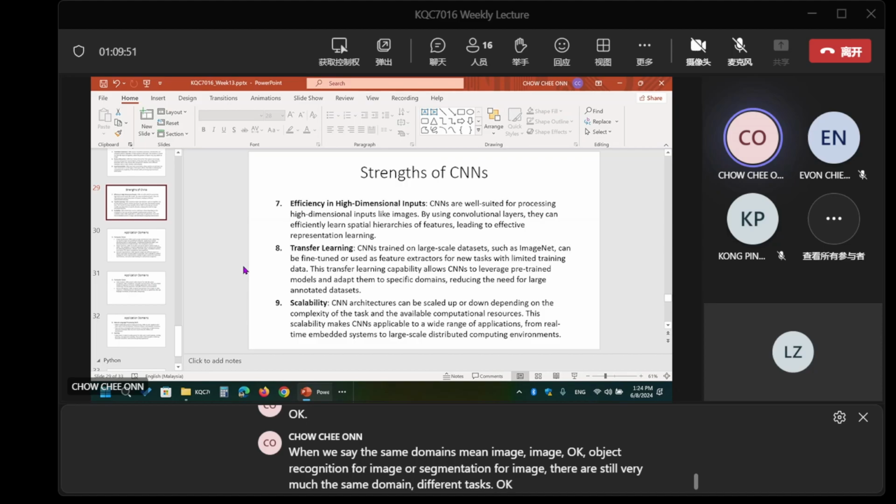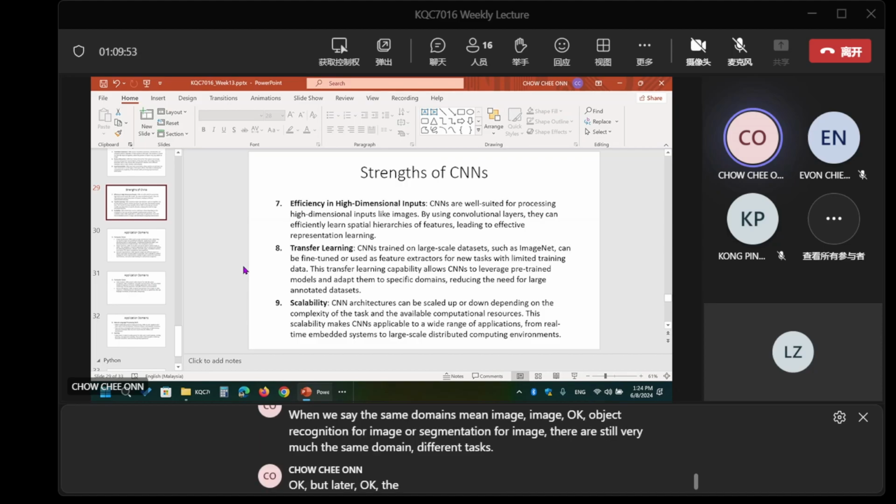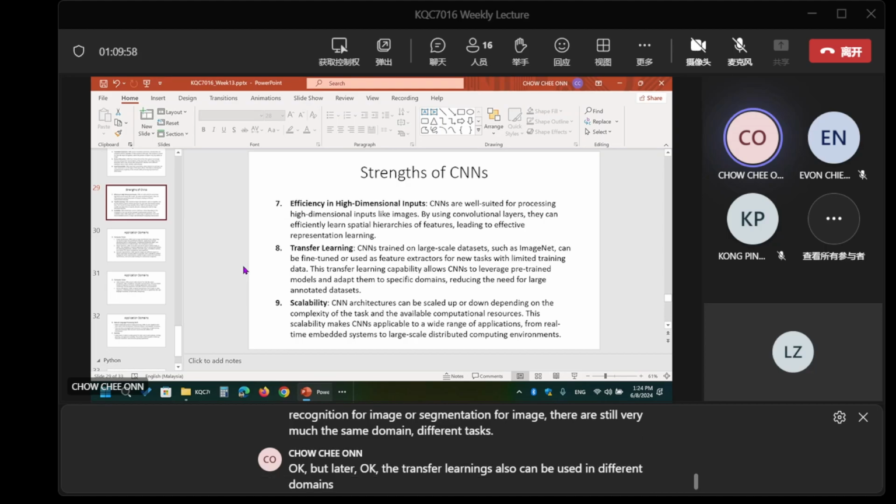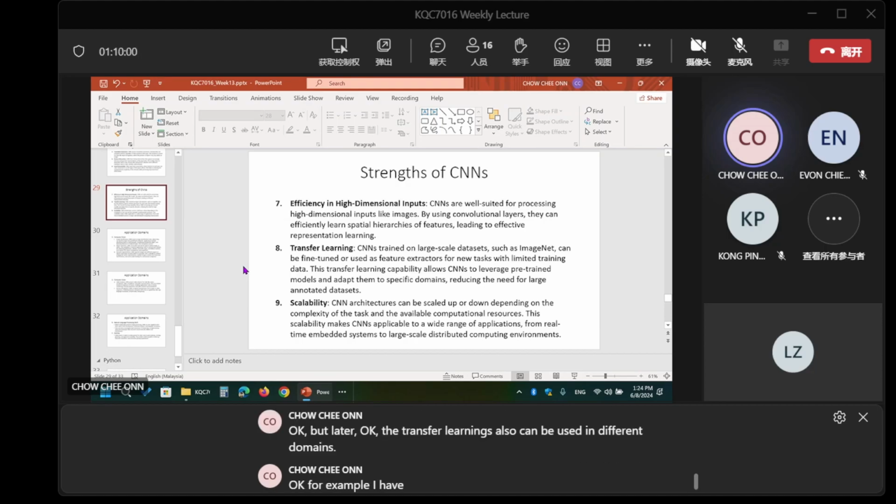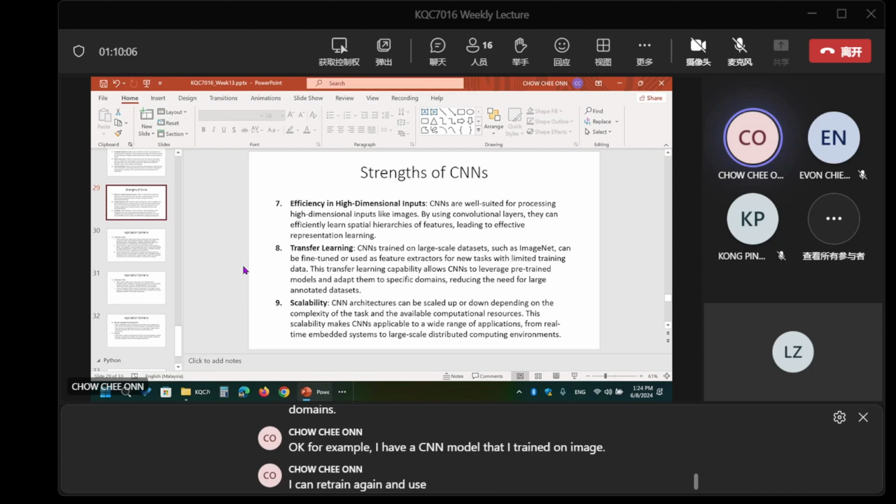But later, transfer learning can also be used in different domains. For example, I have a CNN model that I trained on images. I can retrain it and use it for text, for example, or for time series predictions.